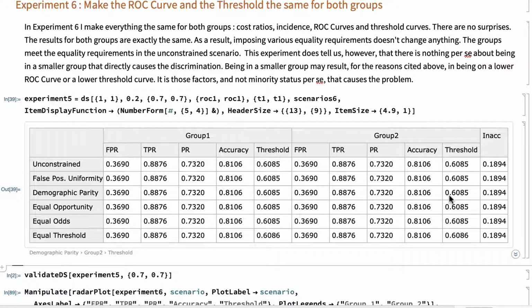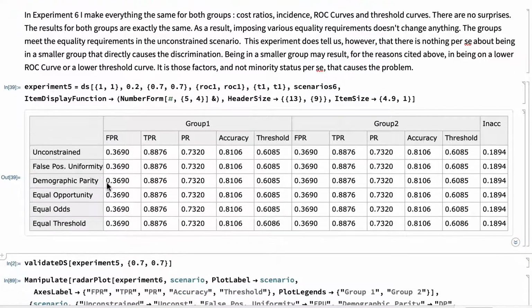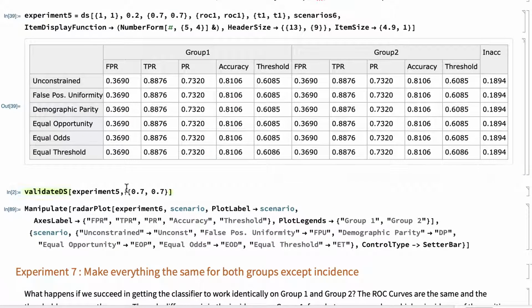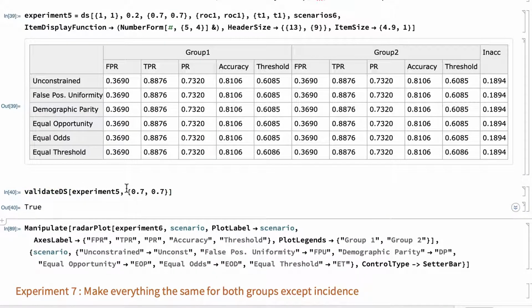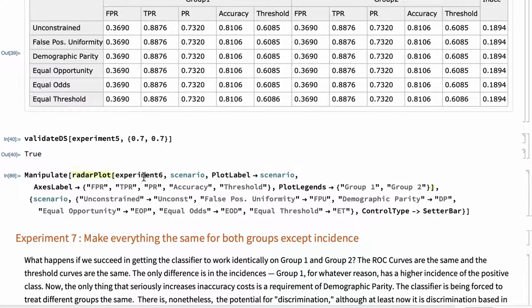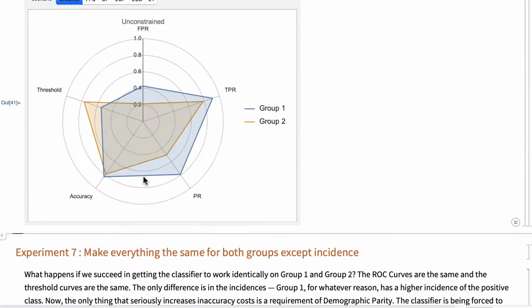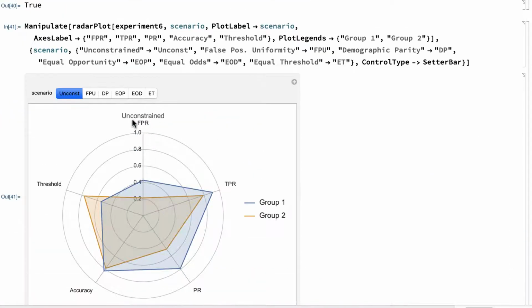If we could just have the ROC curve be the same for both groups, and the thresholding be the same for both groups, then if the groups are the same, the classifier is going to treat them equally. So it's useful to see that, in fact, we can achieve equality, but it's going to require some fiddling with the classifier and the calibration of the classifier. And again, here is our